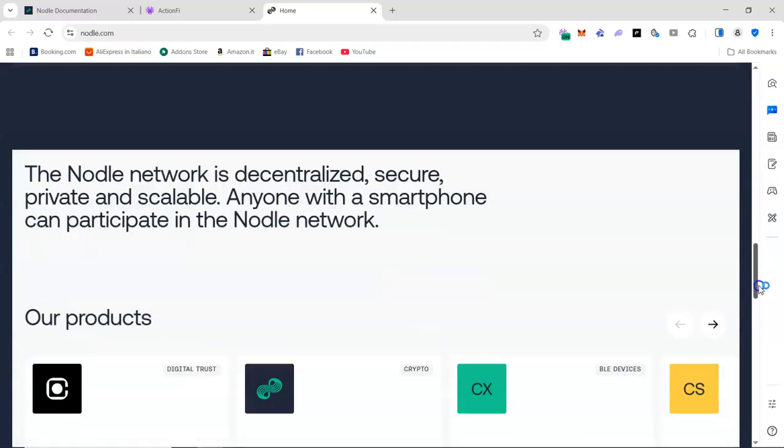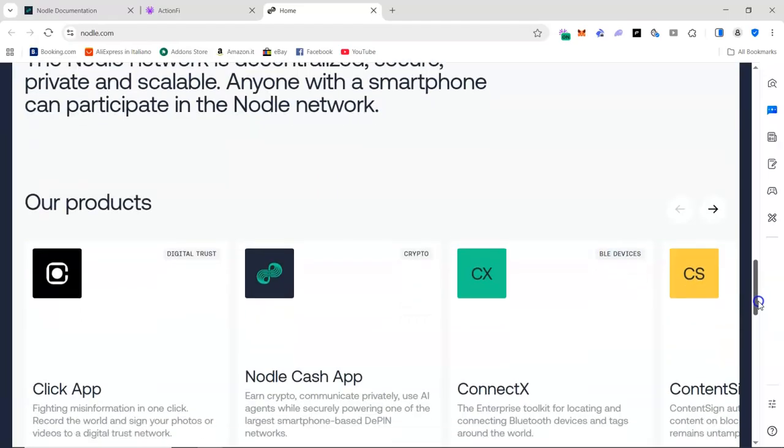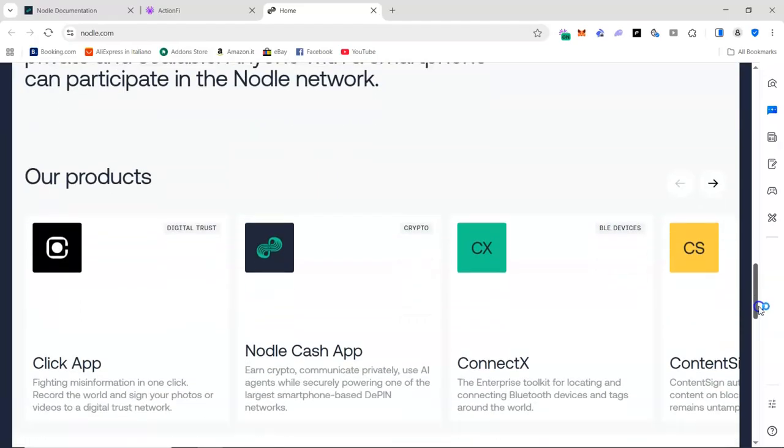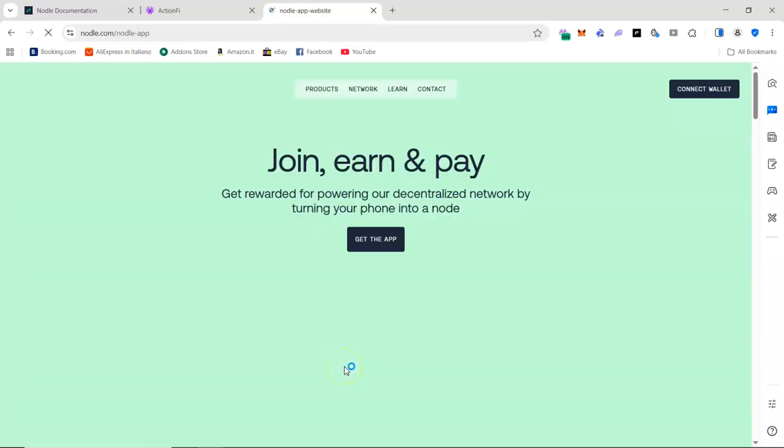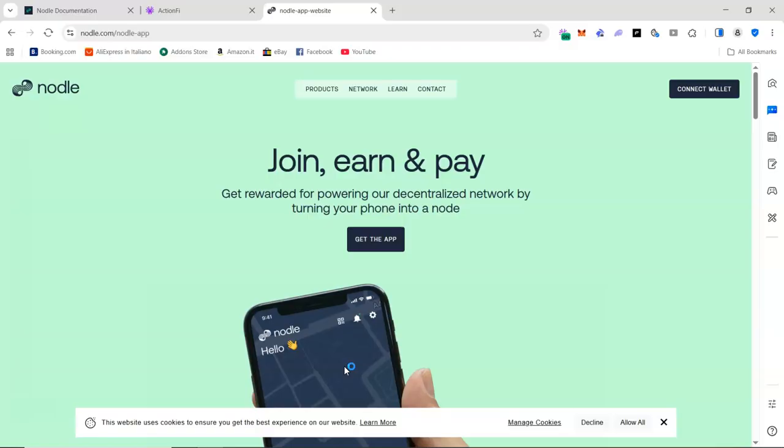We have to click the app. Let's see if this will work. This is it. Wait for the